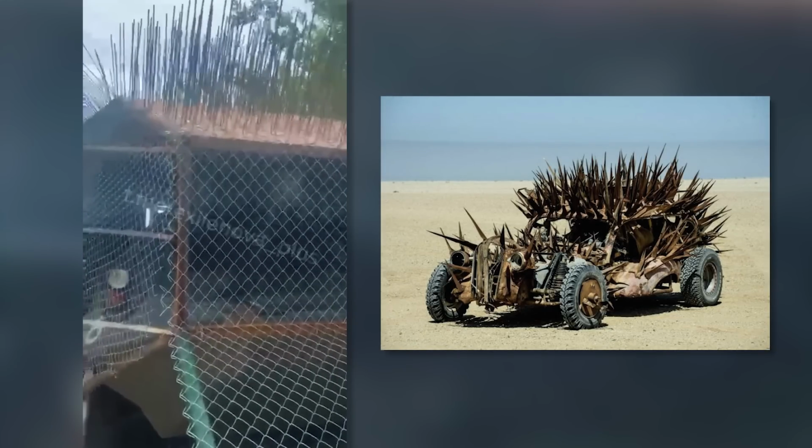The post-apocalyptic action film Mad Max inspired the Russians to create another masterpiece of military equipment, if you can call it that. Look and compare these shots. The effectiveness of this modification is highly questionable. It might cause Ukrainian forces to expend a few extra drones, but the time and effort spent creating this hedgehog